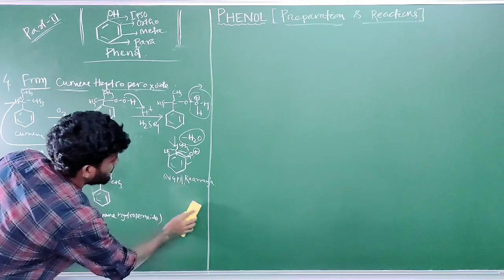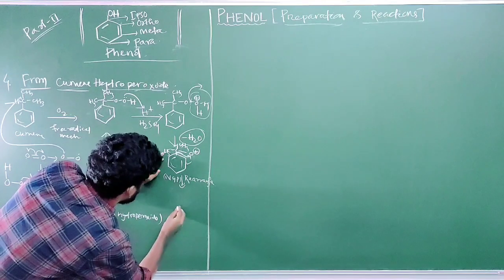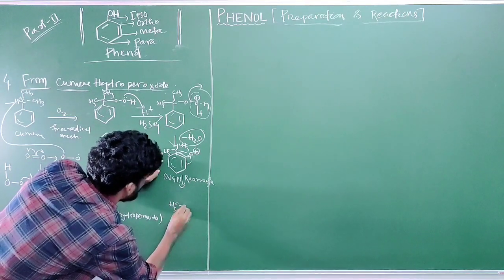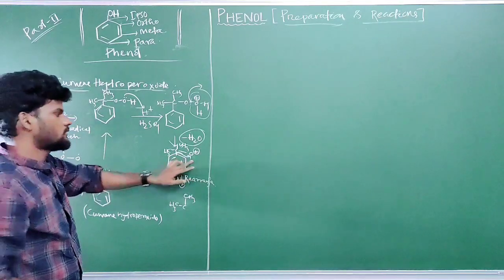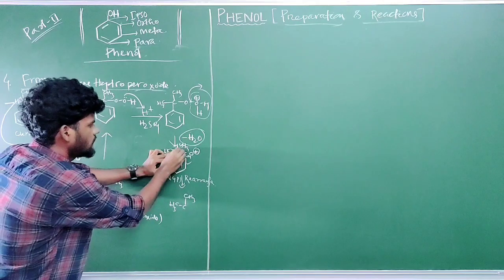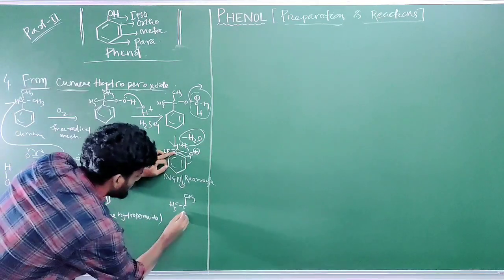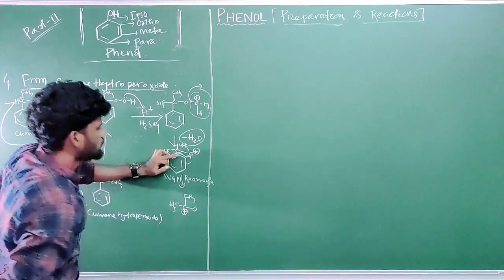This migrates. It will form CH3, carbon, CH3. Okay, the phenyl group migrates to this oxygen. As the bond breaks from this carbon atom, there will be a positive charge over this carbon atom as the phenyl group is lost from this carbon. So now the phenyl group is attached to this oxygen,